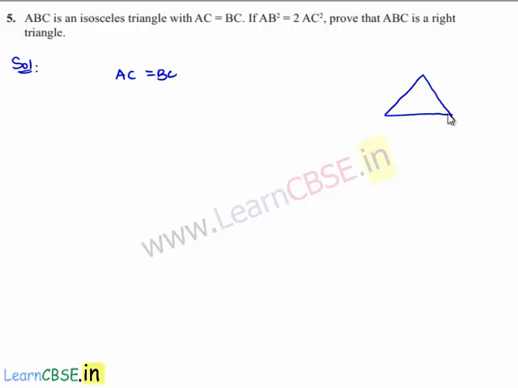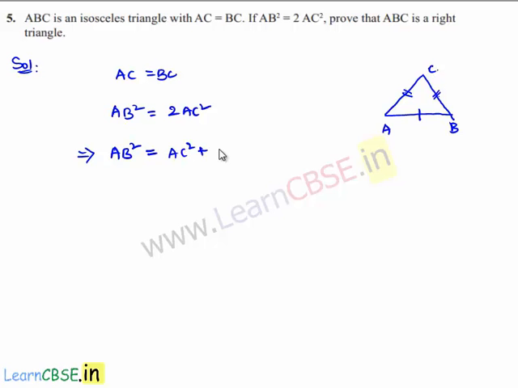So let us draw a triangle ABC. Here he has given that AB square is equal to 2AC square, and he says that AC is equal to BC. So writing down the condition, AB square is equal to 2AC square. That implies AB square is equal to, now let us write 2AC square as